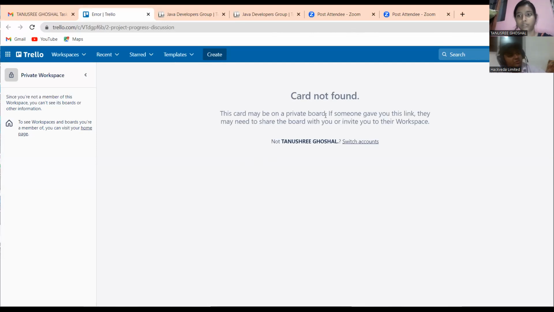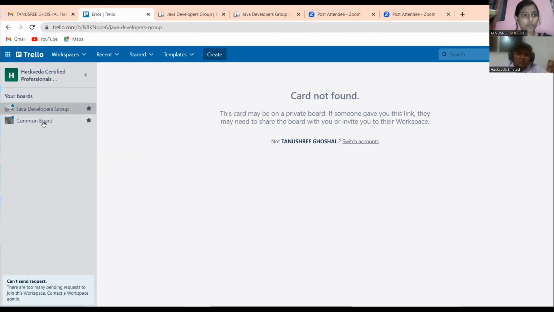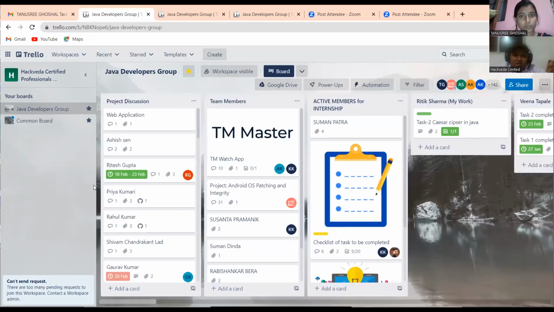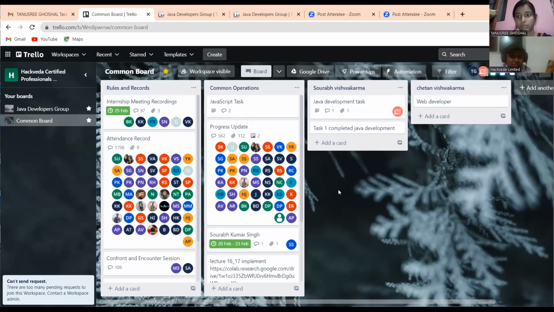Yes, sir. For now, what you can do is in Trello there is a common board. Can you see? Yes, sir. Go in the common board. In there is an option of progress update. So for now, when there is a problem with the card, in the common board progress update, you can say this is your Trello handle and this is your batch, like you are from Java developer group, and this is your today's progress update. Do that only when there is some problem with your Java card. Okay, sir. I will convey this message to sir. Sir will look into the issue and let you know.